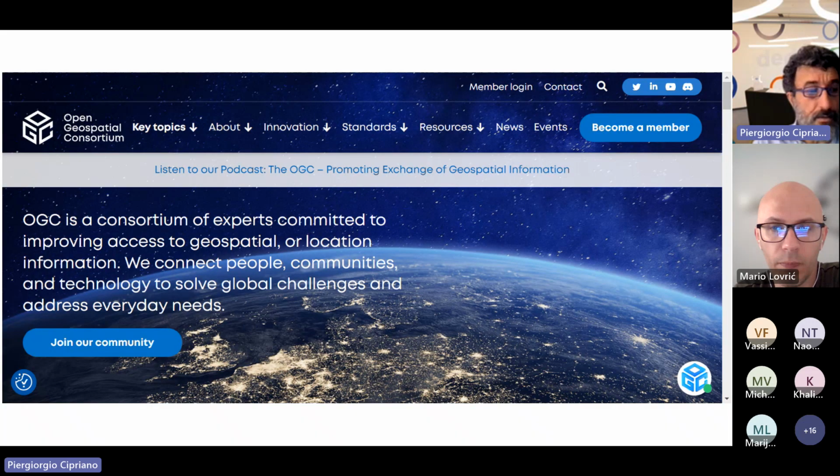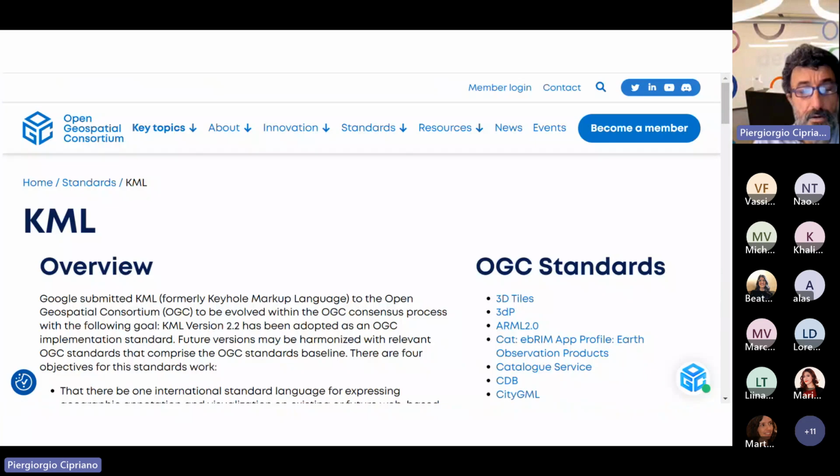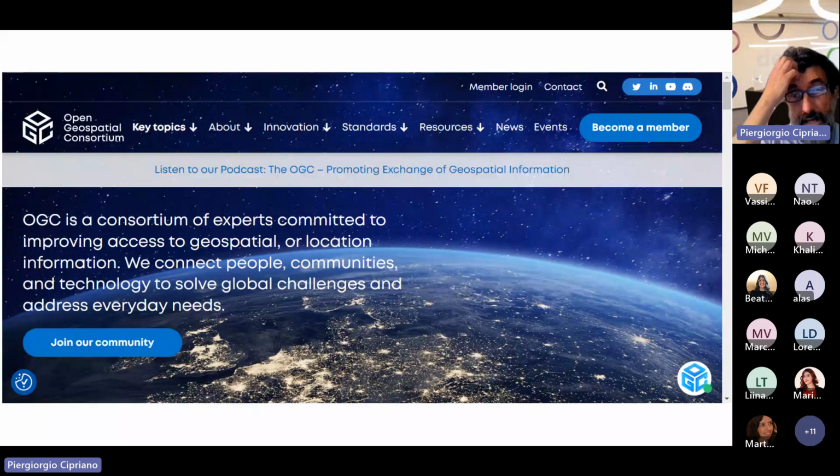As we will speak about standards, in particular SensorThings coming from the Open Geospatial Consortium, let me introduce what OGC is. It's a worldwide consortium made of hundreds of members from the private sector as well as from academia, public authorities and NGOs.